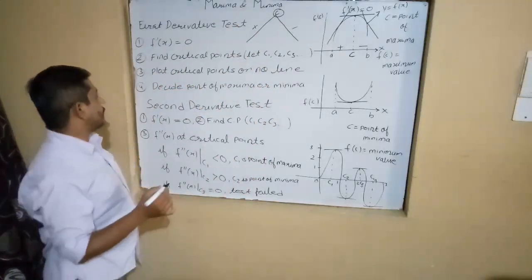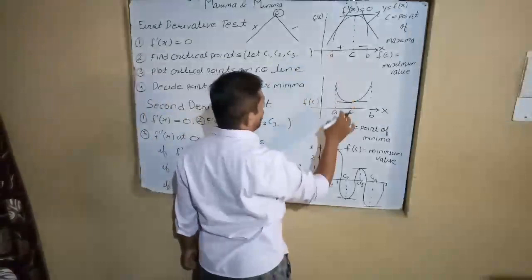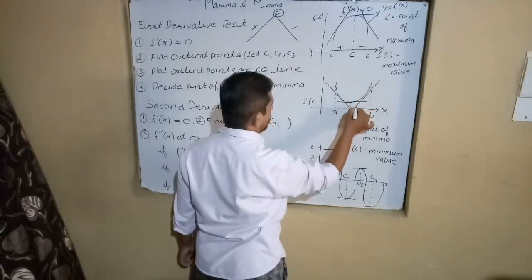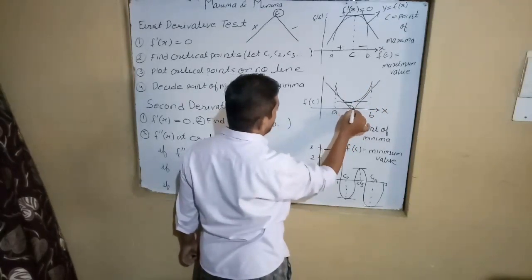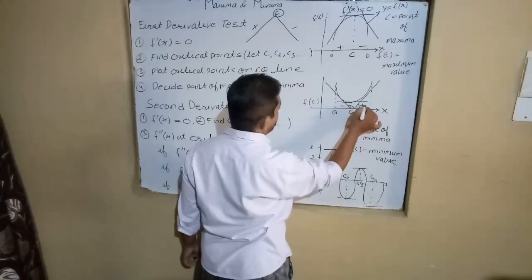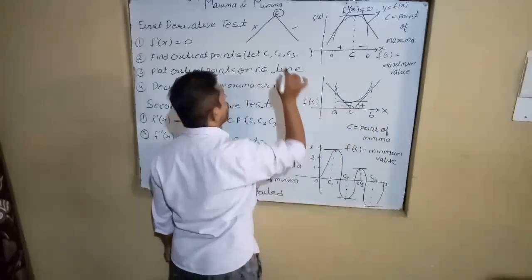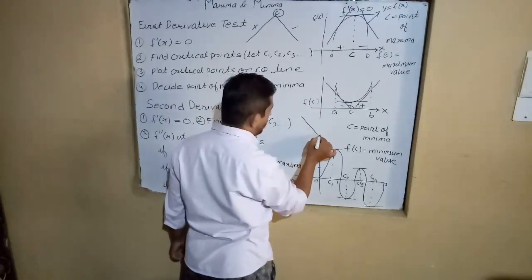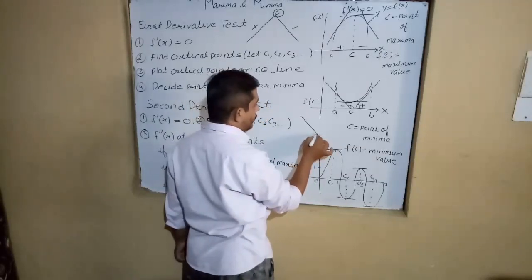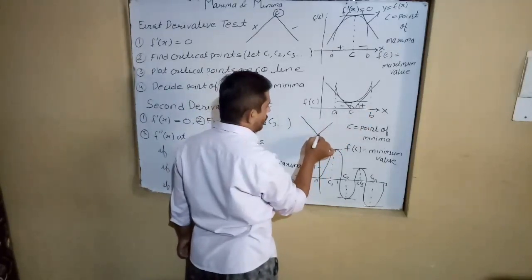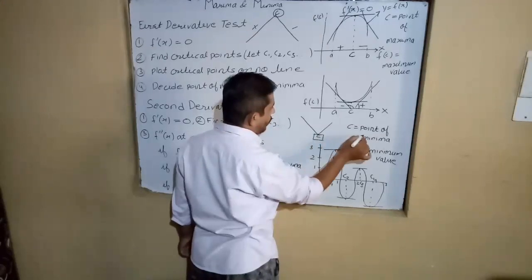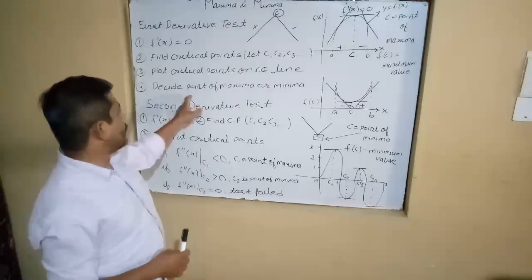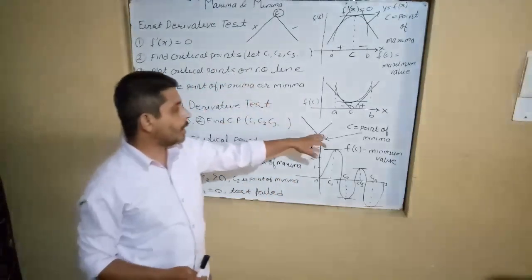So we can say like this, this is plus, this is minus, so point C is called point of maxima. Okay, similarly if in this graph this is the tangent and this is the tangent, this is the value of what? Negative, so minus, and this is a positive value, so plus. So minus to plus. Minus means the graph is decreasing at a point C. After the point C, the graph is increasing. See, a plus answer is coming. So we can say that point C is called point of minima. Understood? This is how to calculate on the number line whether the points are maxima or minima.